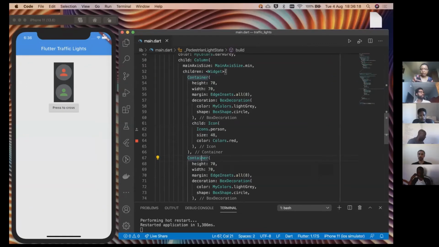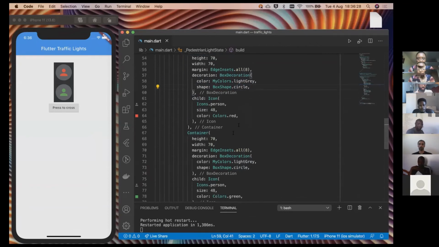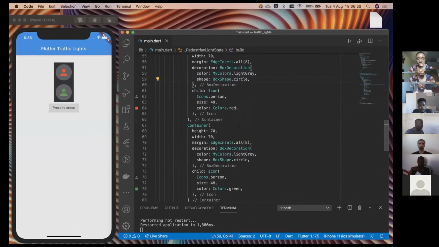And to make it a circle, we're using BoxDecoration to make the shape a circle. And that's a nice little trick. And then inside the circle, we've got a child. We're using the person icon just to represent the green man and the red man. And then here we're using